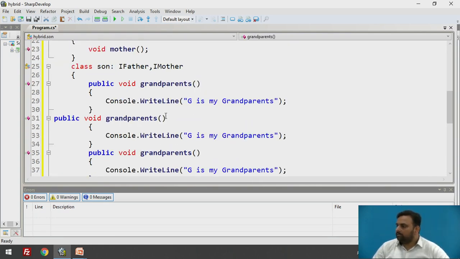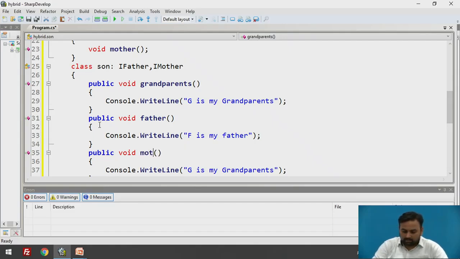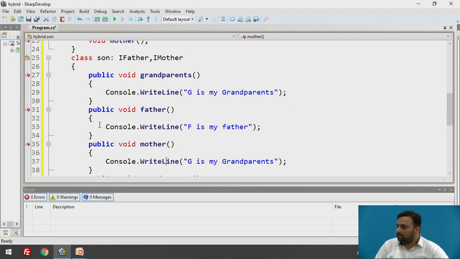Instead of this grandparents, now we have to define all the methods there, like father, mother, because we are extending father and mother also. So I will write F is my father, let's say. And next is mother, obviously. So let's say M is my mother.